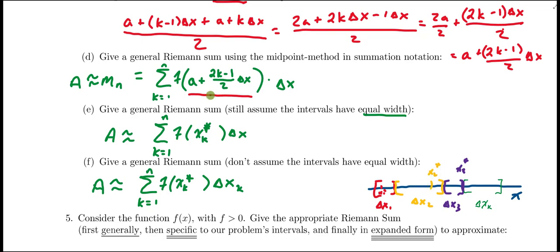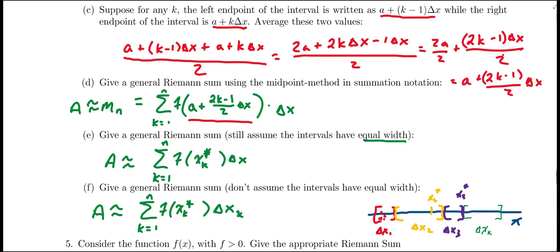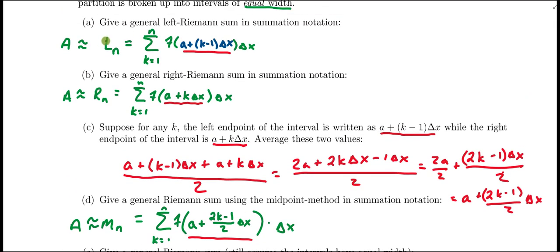Okay, so I know that this has gotten fairly complicated over the course of these 3 videos, but this is as complicated as it gets for you as far as doing these Riemann sum notations. This last one that I've given you is the most abstract way of writing a Riemann sum, where I don't assume that all the intervals have common widths, so I don't write delta x, I write delta x of k. And I also don't assume that I'm using the left or right or midpoint methods, so I use x of k star. What you need to know, though, is if we're doing the left endpoint method, the right endpoint method, or the midpoint method, we also have these systematic ways of ensuring that we go through and select the right